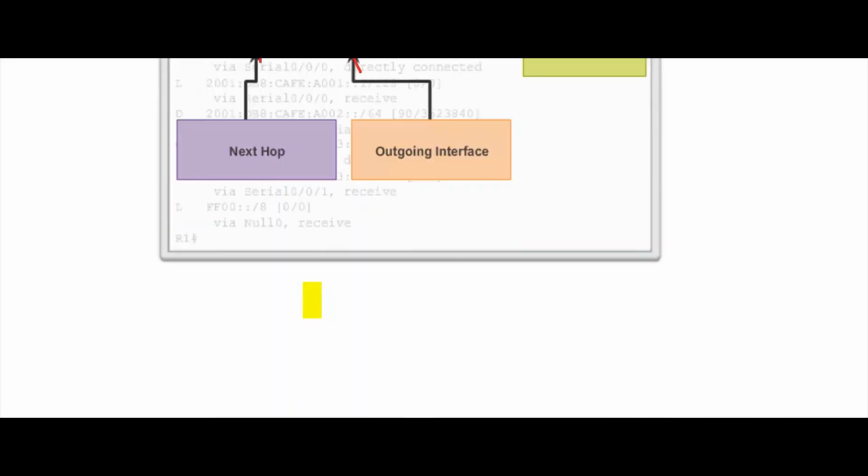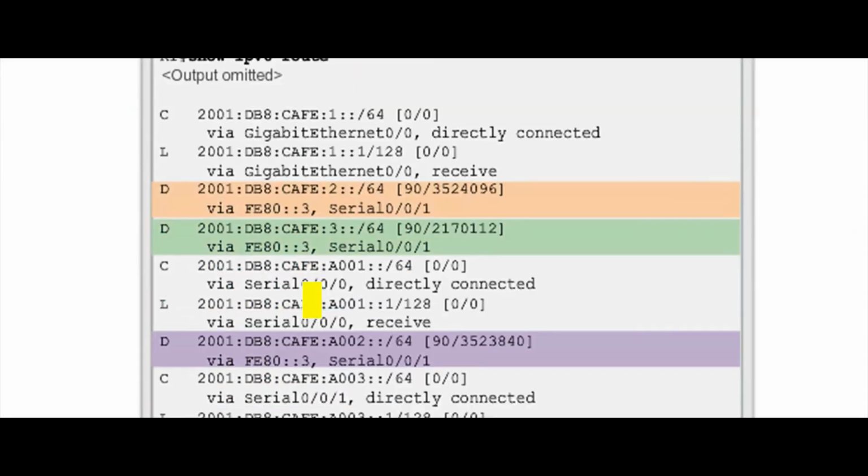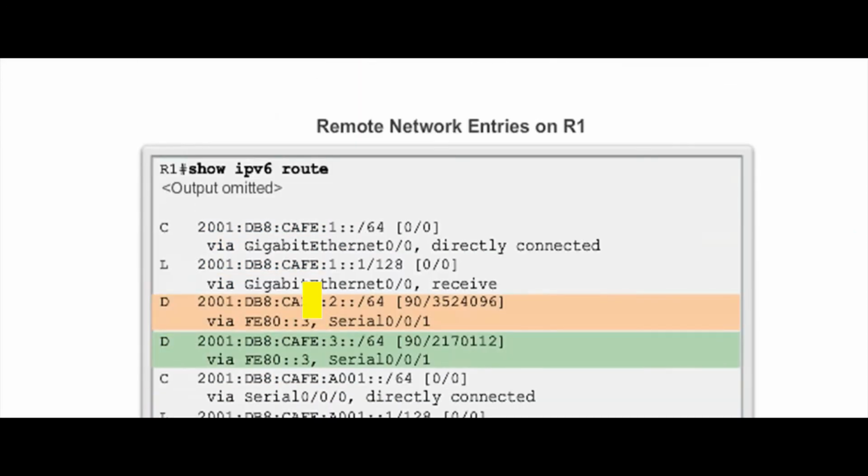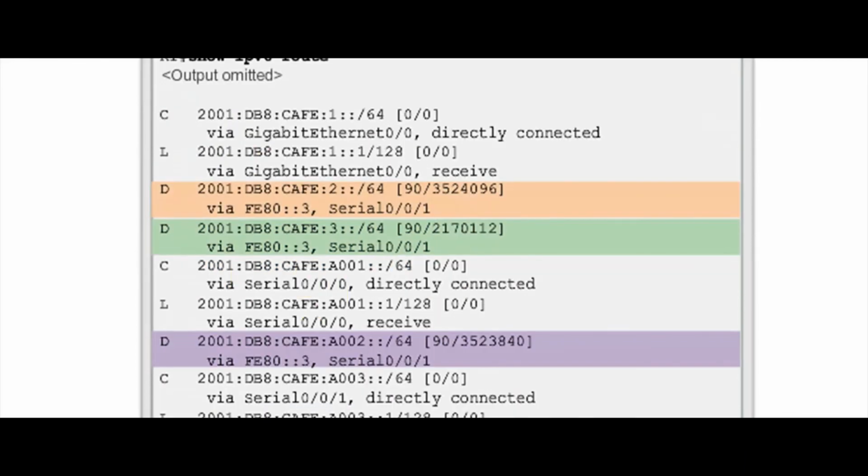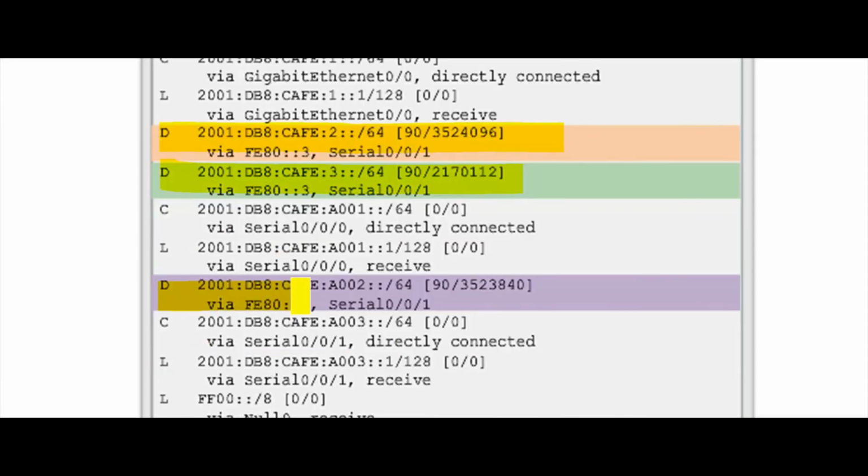Now the next one, you can see the same thing available, remote entries. This is a routing table. This is a remote entry. You must know this. If I give a routing table in the exam, you must know which is a remote entry and which is directly connected. So this is a remote entry.